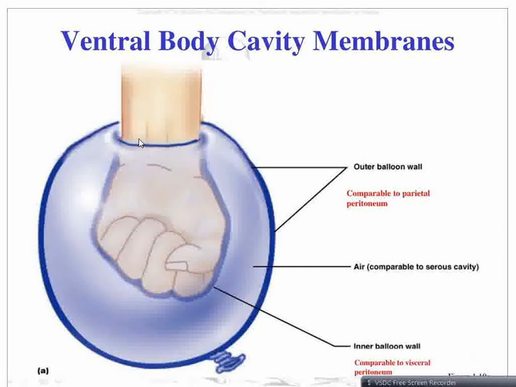So this hand, which is invaginating into the balloon, represents the organ. So we can see that here the organ is called intraperitoneal. It is going into the peritoneum, but remember that the organ is never inside the peritoneal cavity. In the peritoneal cavity, we have only the peritoneal fluid, which is a minimal space, whereas the organ is still considered to be outside the peritoneum. But since the peritoneum is covering almost all parts of the organ, we can call it an intraperitoneal organ.